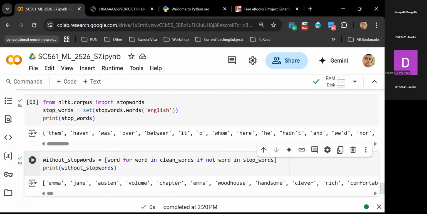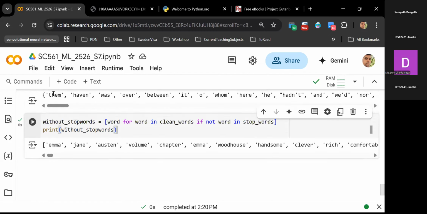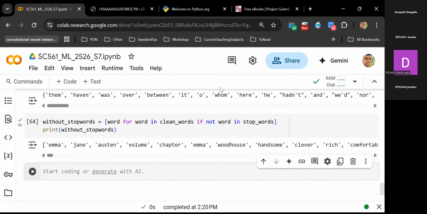I hope you remember we have used it, so I'm going to use that one here as well. Okay, so now that we have removed the stop words, we can just get the frequency